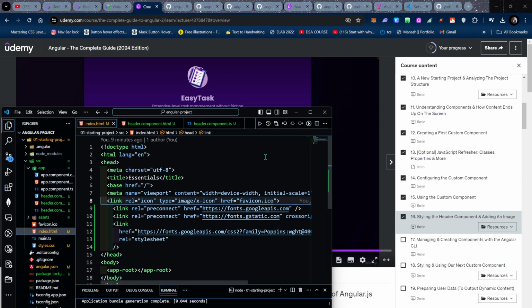So today I learned about setting up my Angular project, and I was following the course Angular the Complete Guide 2024 edition. It is updated to Angular version 18 as well, which was released just last month. Today I learned how to make our own custom component and use it to make